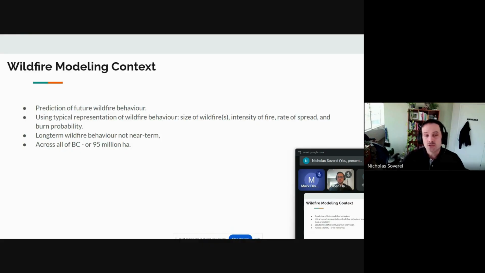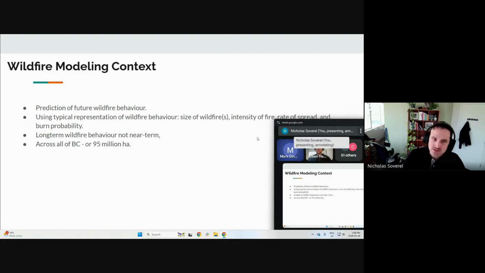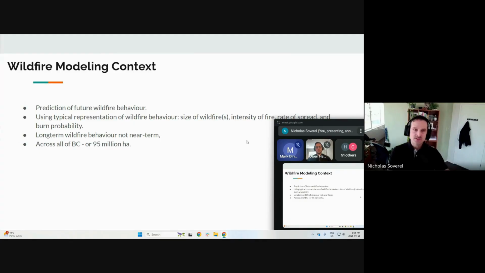The context too here is really important. We're going to be discussing long-term wildfire behavior. So model outputs that represent hundreds, if not thousands of years. We have not produced near real time or near term response predictions. So for folks out there, it's a different talk. We're looking at what patterns exist on the landscape, and really data that we can use for fire prevention, fire mitigation. The scope that we're using is the entire province of British Columbia, or 95 million hectares. So hopefully that puts things into greater overall context for where this webinar is going to go.